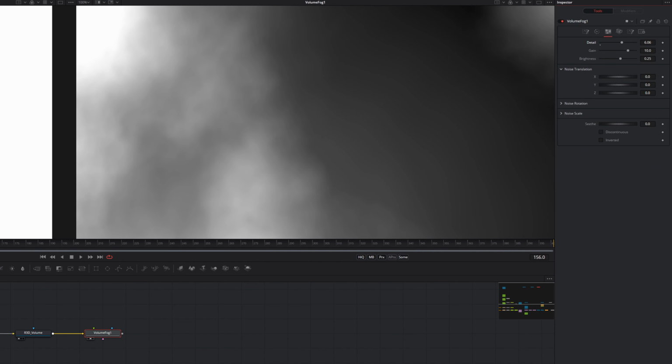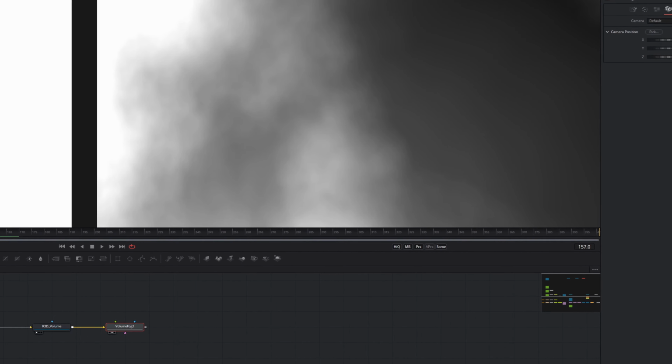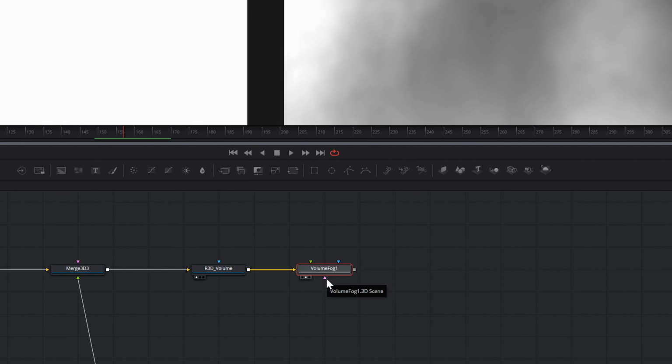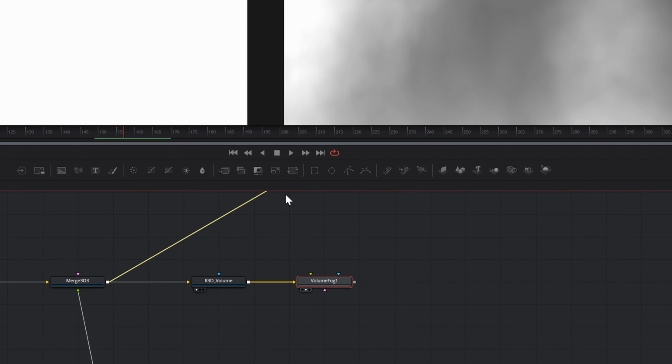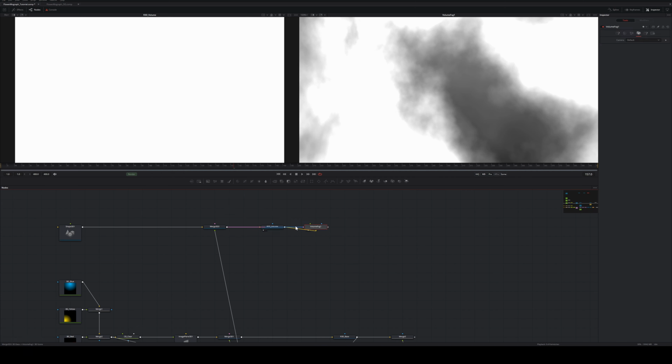If we play this, we can see that it's already moving, but this will not line up to our camera yet. This is because if we go into the camera tab, we see that it has created a new camera at the origin inside of the VolumeFog. And this is why we have a 3D scene input at our VolumeFog. We pipe our merge 3D into the pinkish 3D scene input, and now we have the correct camera movement. And our VolumeFog camera is set to default, which will automatically select the first and in our case only camera